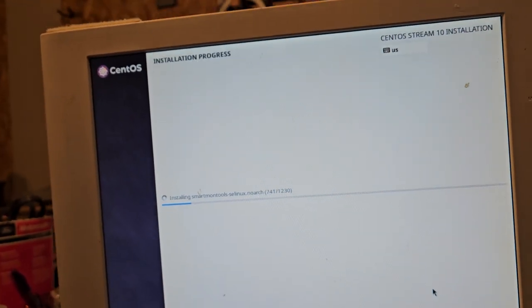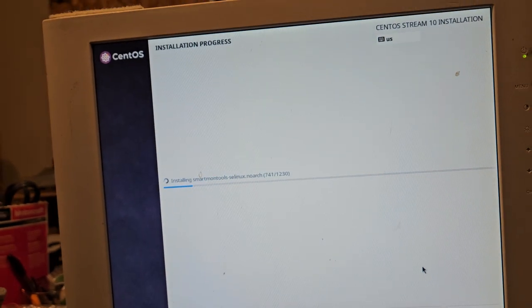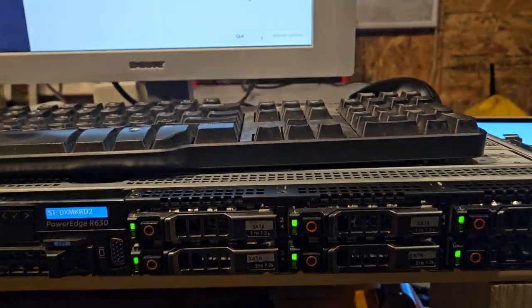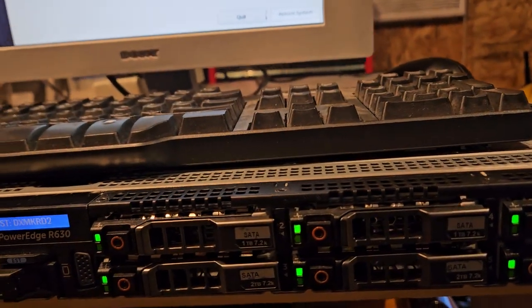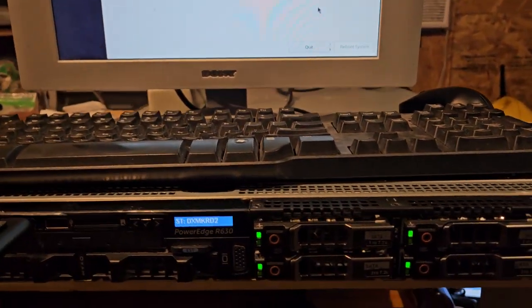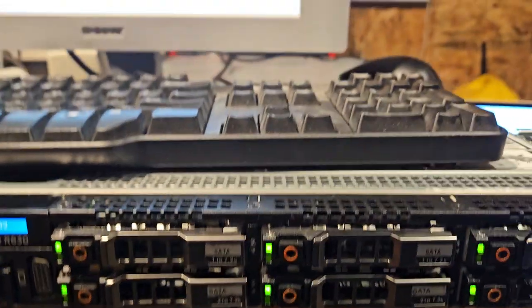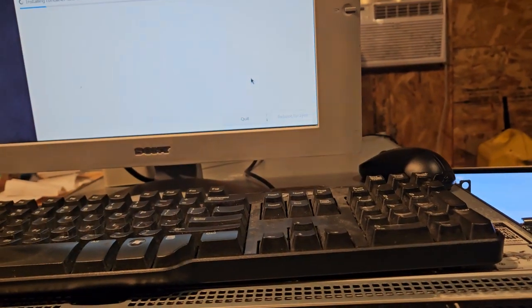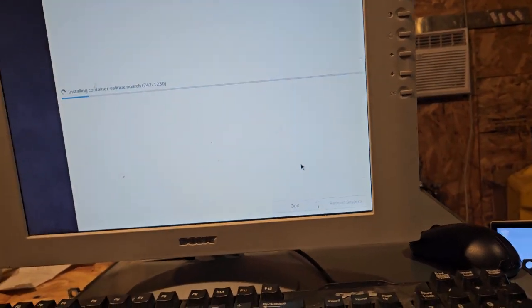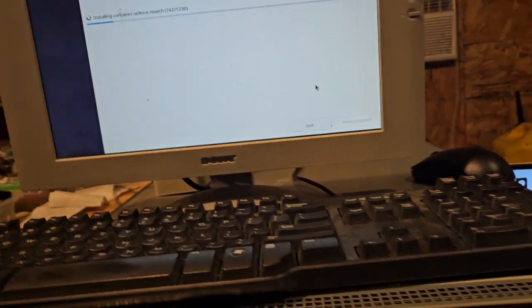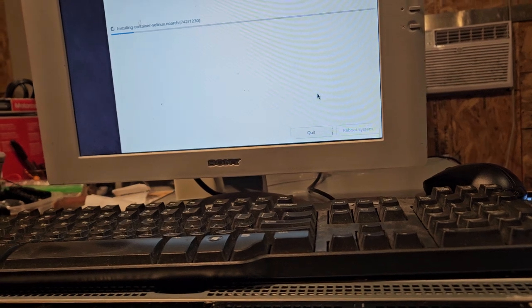I had to figure out a couple of things too. You don't necessarily have to format the hard drive, but you have to go in and kind of enable them. Like they weren't showing up. So basically, as far as I understand this, there's a virtual controller that controls all these, or something like that. Anyway, so that wasn't set right or something. I don't know, but it wasn't detecting them.